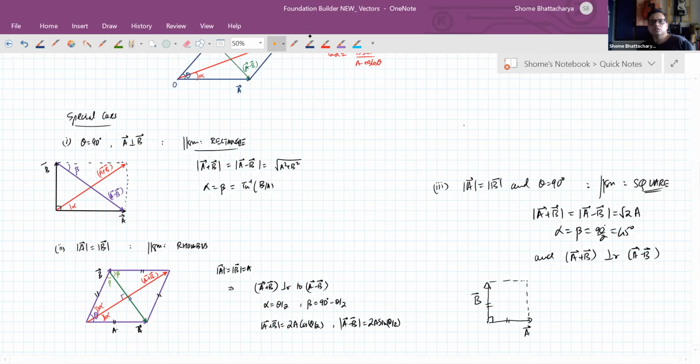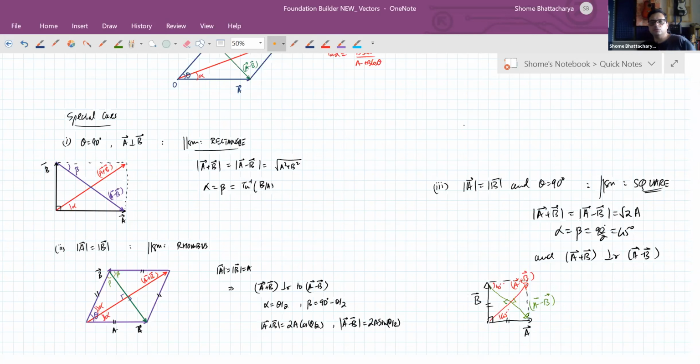So in that case, you can see that the properties we have written for case 1 and the properties we have written for case 2 get overlapped. So now this satisfies all these properties, the properties of the rectangle as well as the properties of the rhombus. Like this. So this is also another special case. So this is based on that.